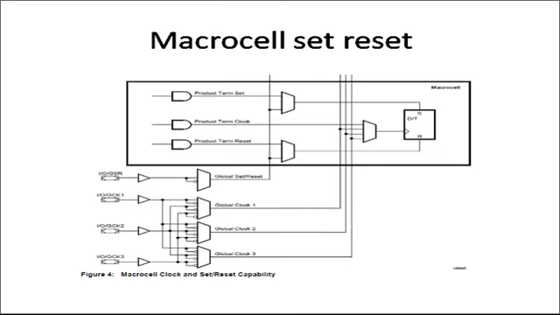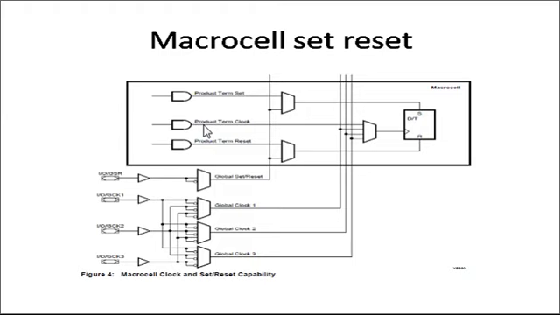Now if you see the macro cell carefully, this is the flip-flop in the macro cell, and this is the mux. I told you that there are 3 different clocks: global clock 1, global clock 2 and global clock 3, which are coming from the IO pins. The IO pins are multiplexed with the IO as well as the clock, and this is the IO as well as global set reset, and this global set reset is going to these 2 flip-flops. This product term set, product term clock and product term reset are coming from the product term allocator.